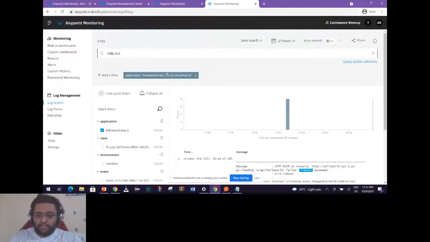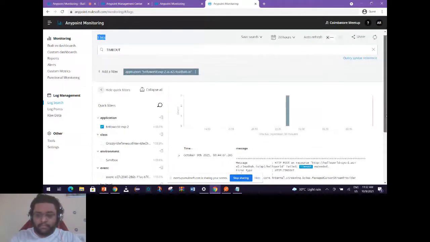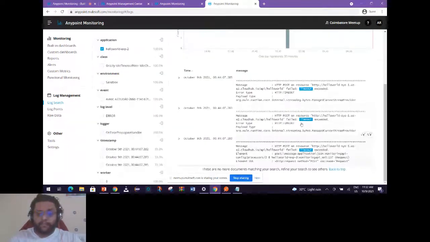But when you're working here, it gives you the metrics or the quantity directly, like let's say 3. So I can see that there are 3 failures related to the HTTP timeout.